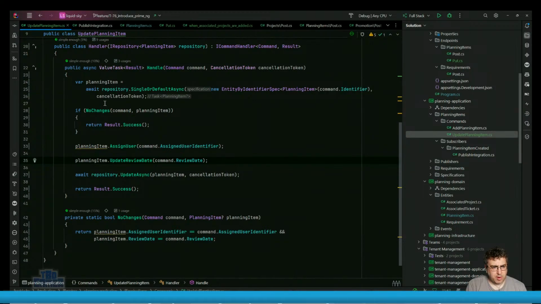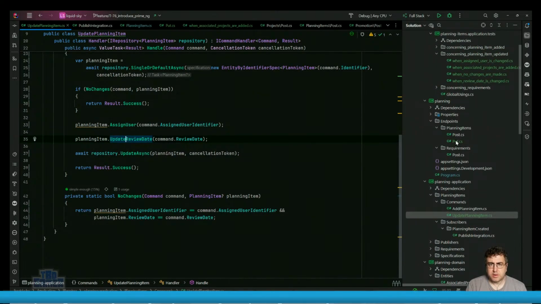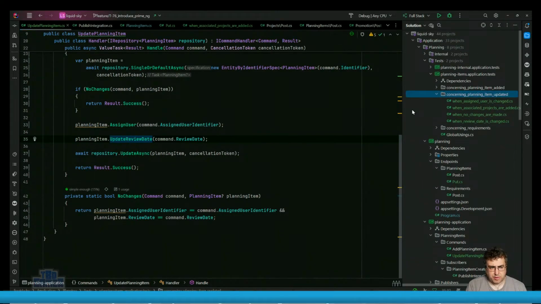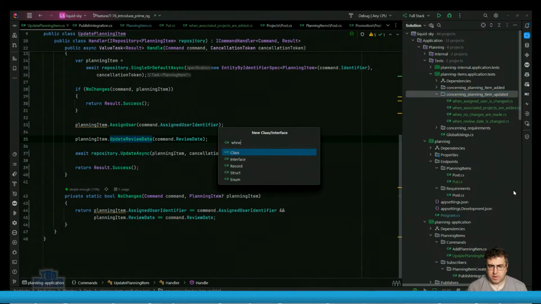So I think the more I'm leaning here, the more this becomes a domain service with an event, because I have no choice but to notify, because I can't rely upon any of these events happening. Let's have a look. Actually, let's put a test in there before I refactor this. When planning item is not found,